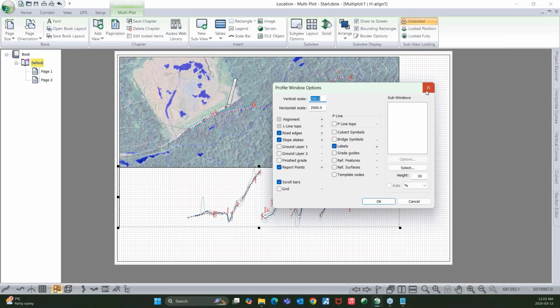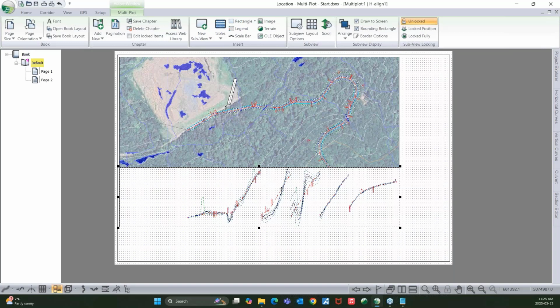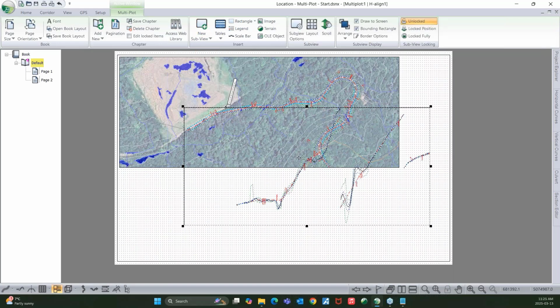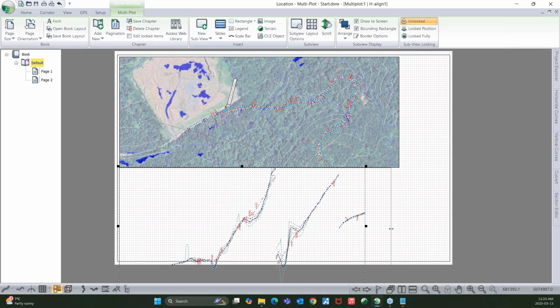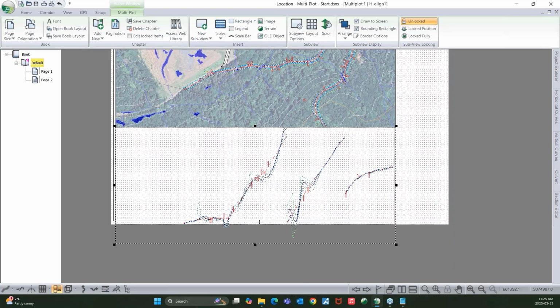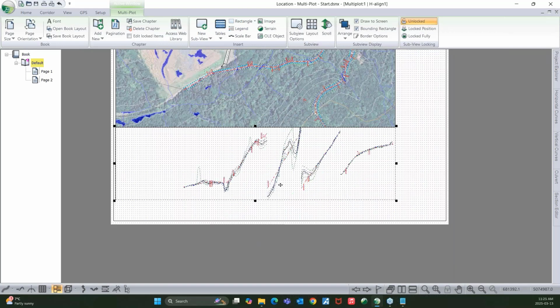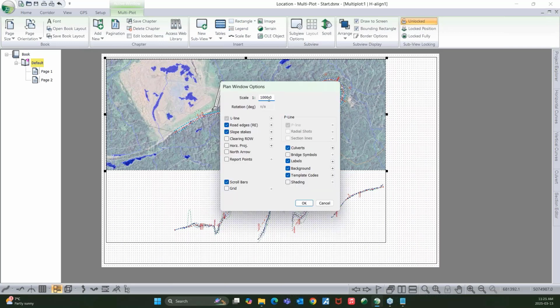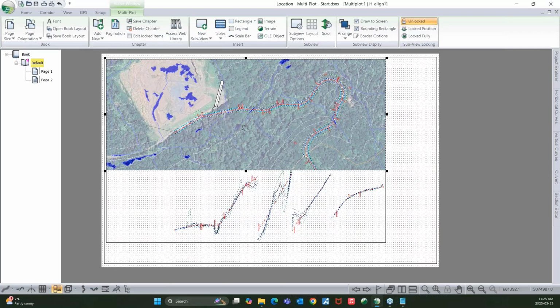So I'm going to delete the profile again so we can catch me. New subview profile, and let's place it below our plan. And we will give some space at the right and at the bottom of this subview so we can add some title blocks and legends as well. Perfect. So if we remember, we had a horizontal scale of 1 to 1000, and something important to consider is